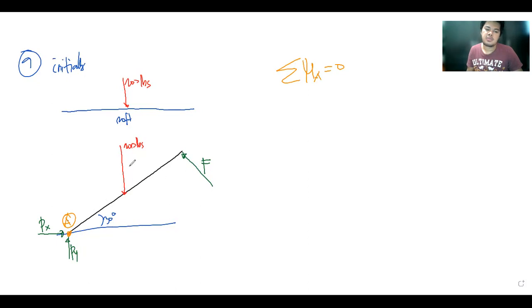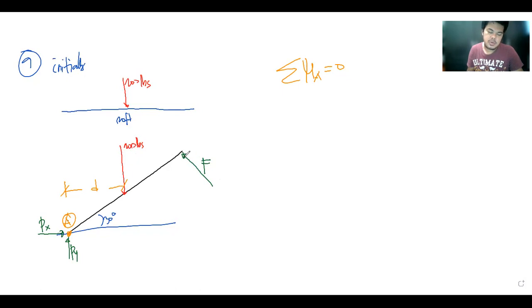If you take a look at the 200 pounds, it will create clockwise rotation, and the force F will create counterclockwise rotation. The vertical distance of the 200 pounds to point A is denoted by D,